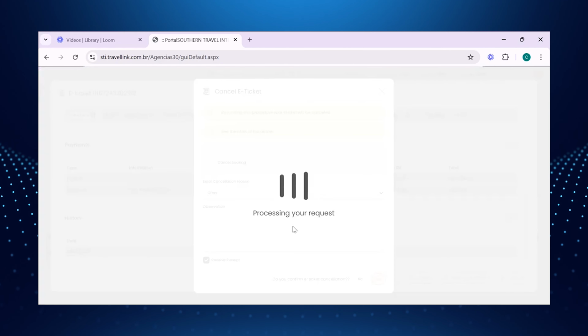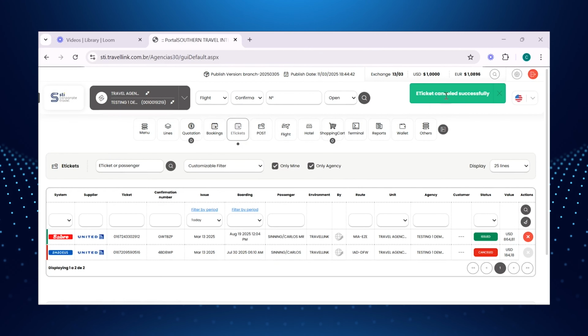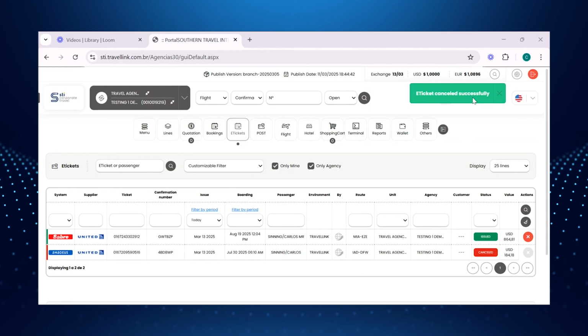It's recommended to confirm the cancellation by checking the booking menu. Once the void is complete, a confirmation message will appear stating, "Electronic ticket canceled successfully," and an email will be